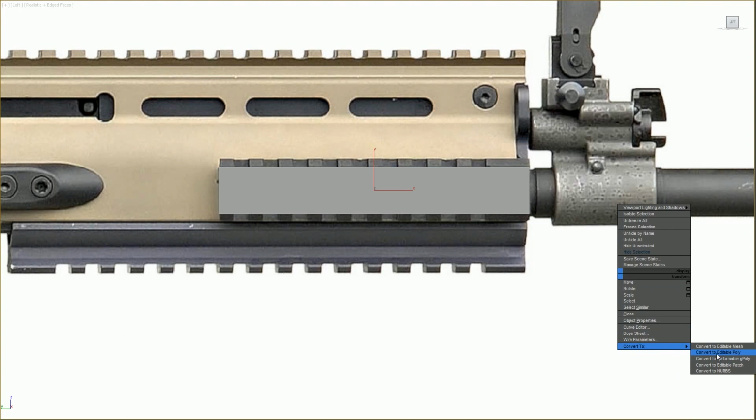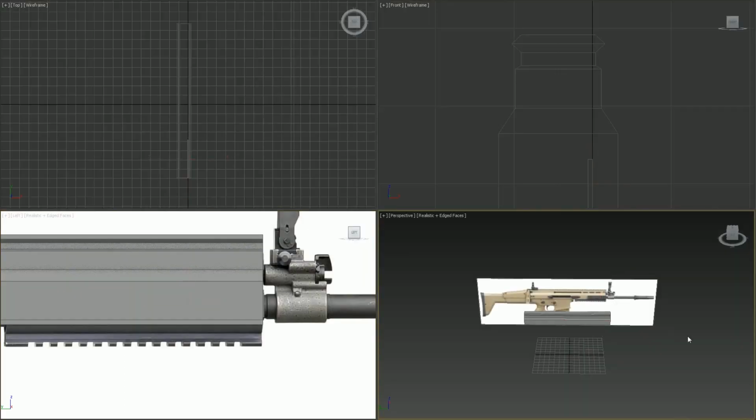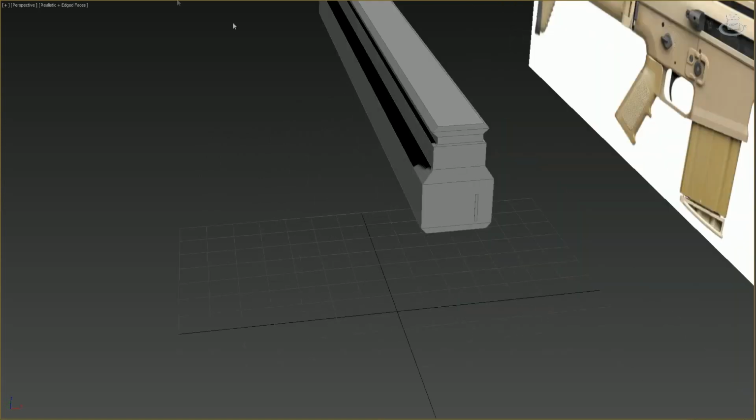So I'll say 20 millimeters, which is 2 centimeters, and obviously this is a giant gun, but we'll get everything to scale later. We can scale stuff up and down later. And I'm going to ring this and connect it through the center. Go into vertex mode